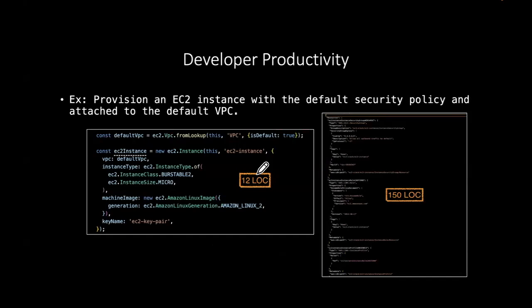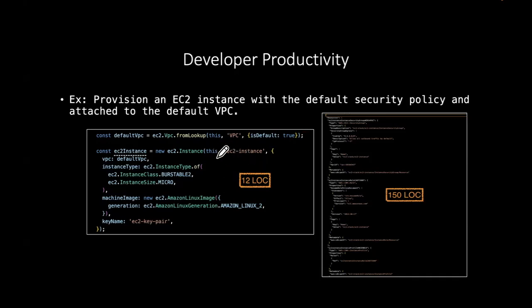One of the main benefits of using something like the CDK framework is it improves the developer's productivity. Prior to frameworks like the CDK, we had to write those templates that I was talking about, which were quite verbose. But when we use the CDK framework, there's far less syntax that we have to write, and therefore the developer is more productive.